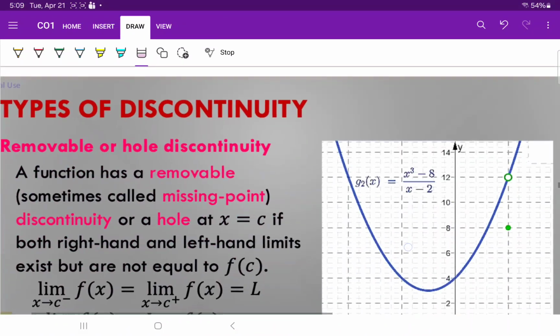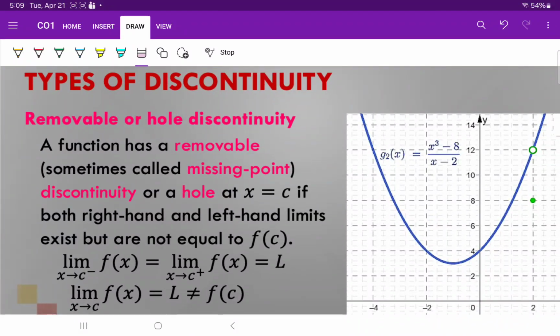Alright? Now, there are different types of discontinuity. The first is removable or hole discontinuity. A function is said to be removable, or sometimes we call it a missing point. A function has a removable discontinuity or a hole at x equals c if the right hand and left hand limits exist